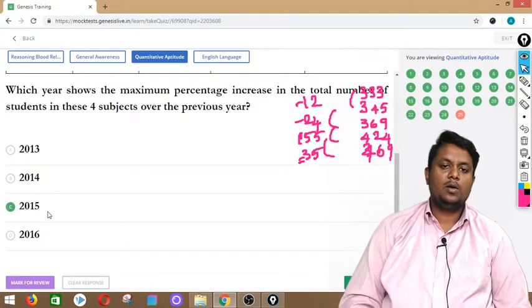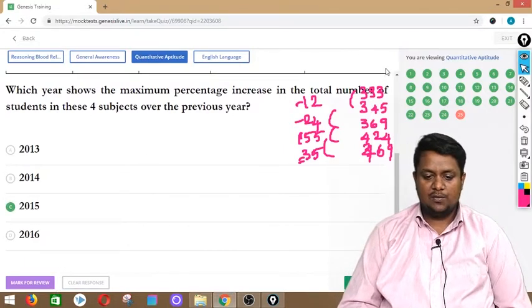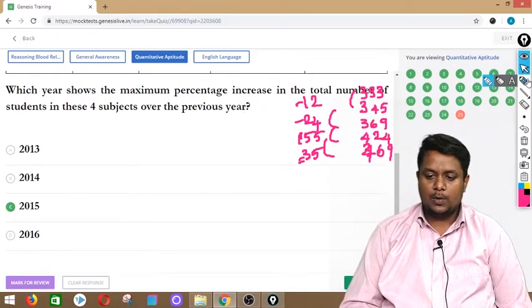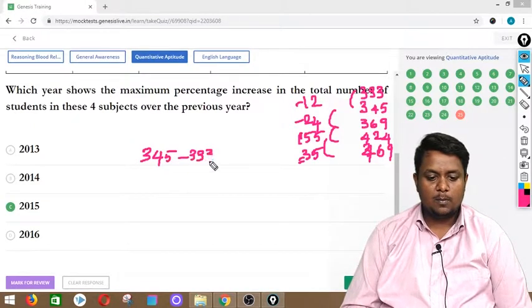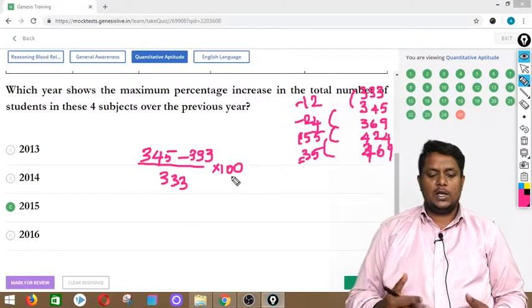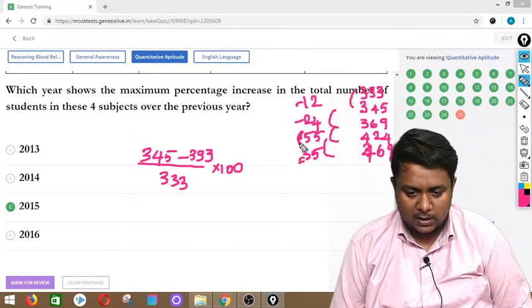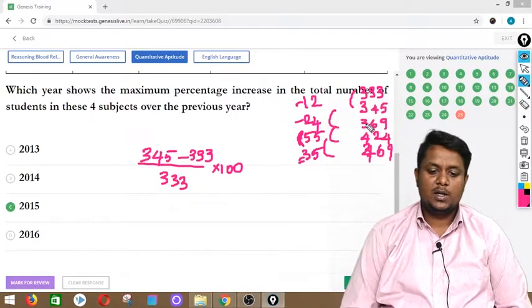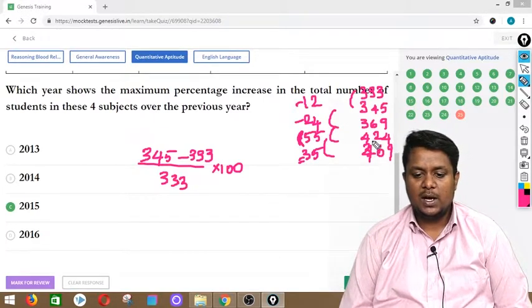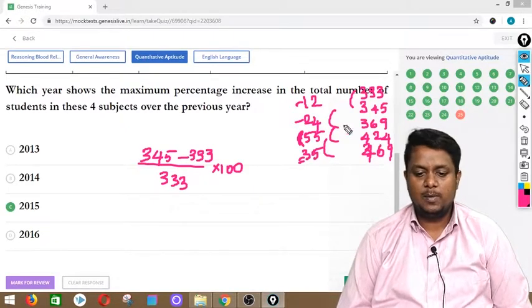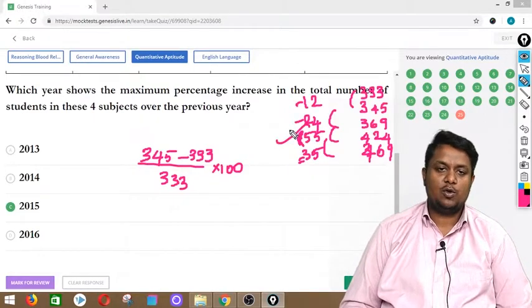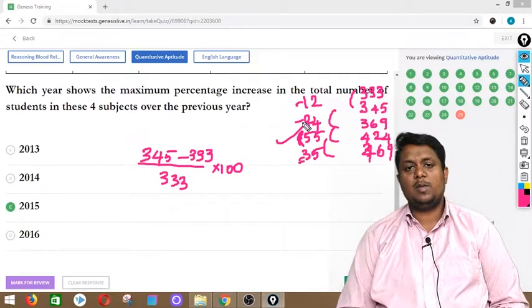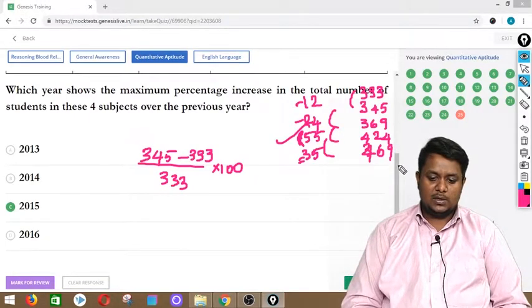If you want the perfect value, you can check each and everything. For example, in 2013, what is the growth? 345 minus 333 divided by 333 into 100. Like this you have to do for all the consecutive years. So what I did is I went with approximation. So I can say that here only 35 increase and base value is also more, so the percentage increase will be less. Here the values are very small, here the value is very big, so which means that could be the answer. Without calculation I will be able to mark this,